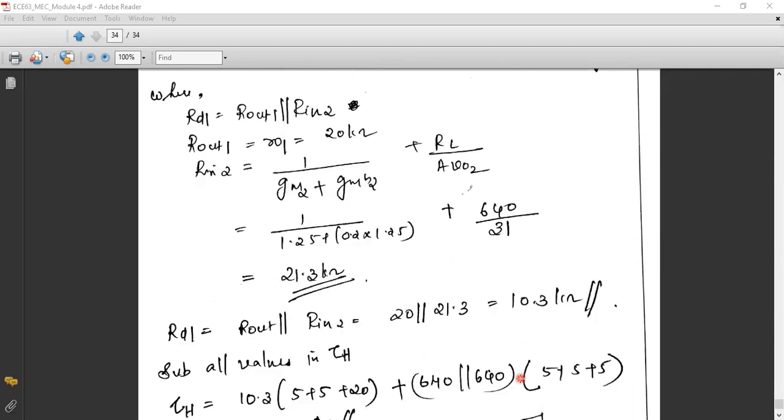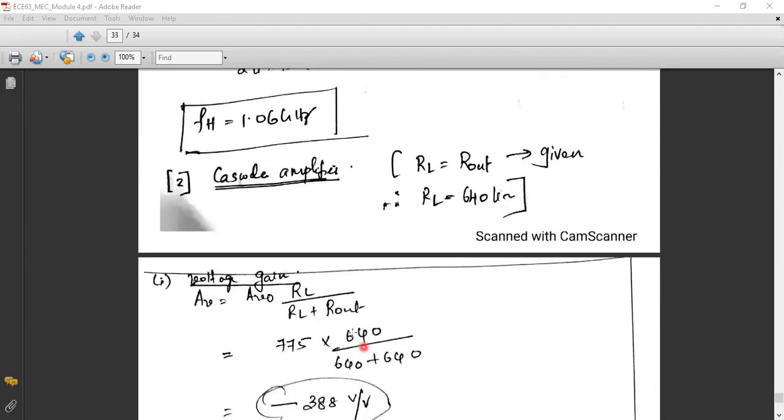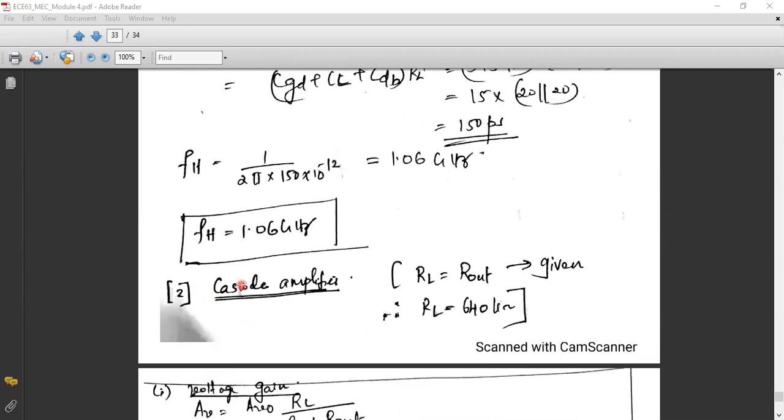So the conclusion is the gain bandwidth product remains constant only for which particular case? Only for R_Sig equal to 0 case. So whenever you are neglecting R_Sig, or whenever you are placing a small resistance value at the input terminal, that is a signal resistance, in that case you can maintain this particular property. So that is a conclusion. The same thing we have seen in the derivation also. After neglecting R_Sig, we have written the equation for cutoff frequency. Then we have compared that equation with the CS, and then we have drawn the graph previously. So that thing we have shown in this numerical analysis.